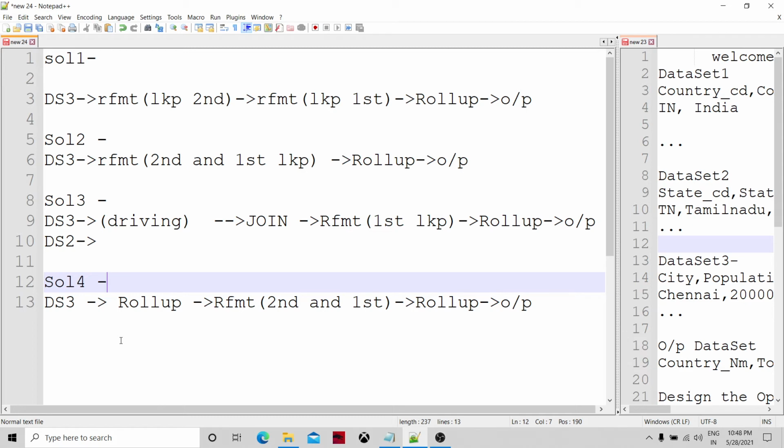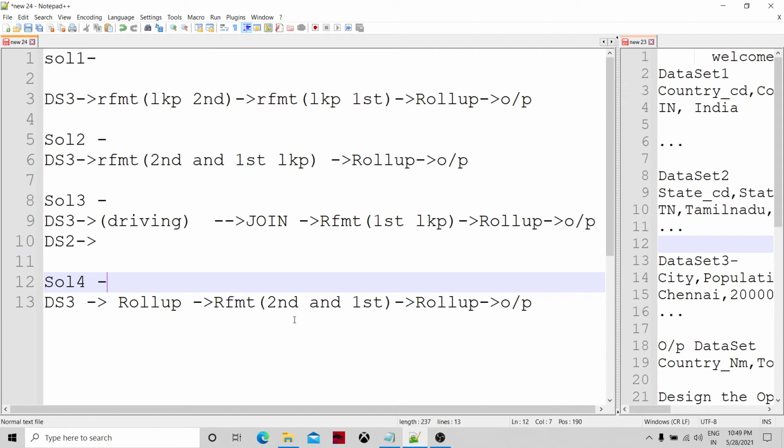And then there will be a lookup again, like we have in solution number 2, where we look up the second and then the first to get the country code. Then based on country code we are going to roll up, producing the output as country name and population.